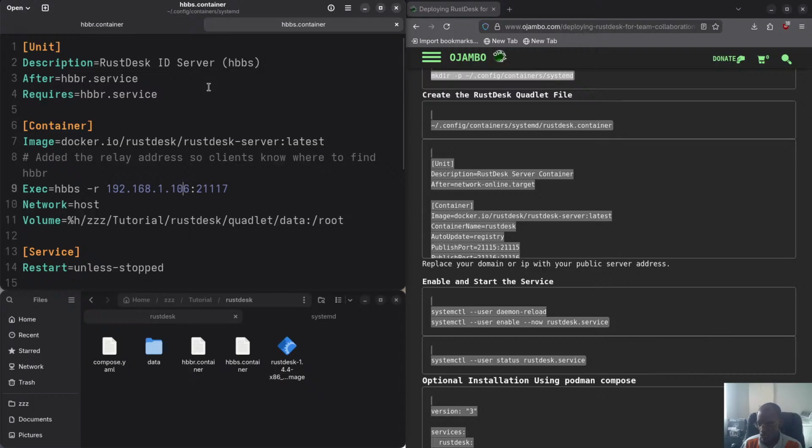So we're done. That's all we need. What some people do is they put it in the home folder. Of course, that's perfectly fine. When you see this %h, that means the home folder. So some people just put it in the home folder and they'll move something like RustDesk there. That's perfectly fine. But I said I wanted to put it into this tutorial folder here just to show you